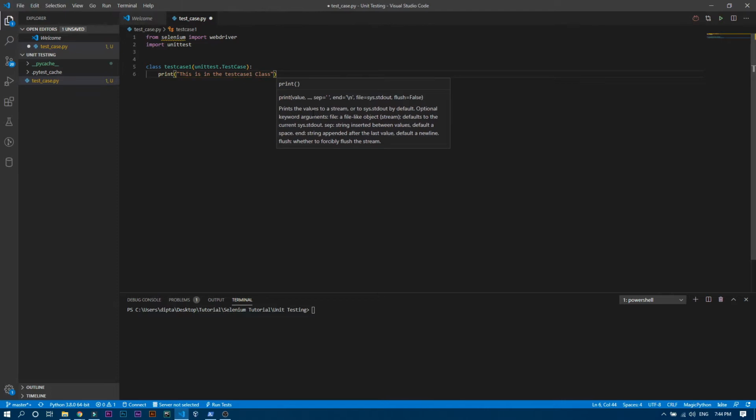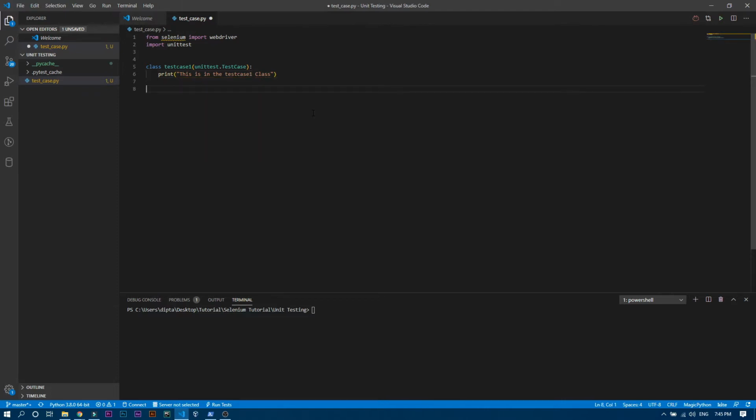And to use this class you have to just write if __name__ equals to, in the quotation, __main__. That basically means if the file is the main file, then we are going to actually run unittest.main. That means it will run every function or every statement inside this test case 1.